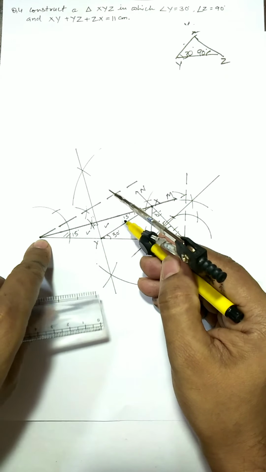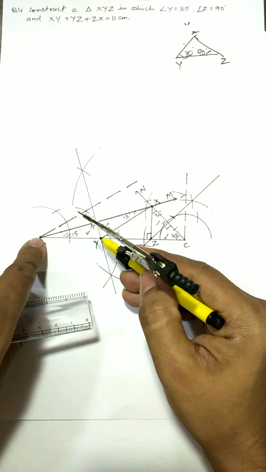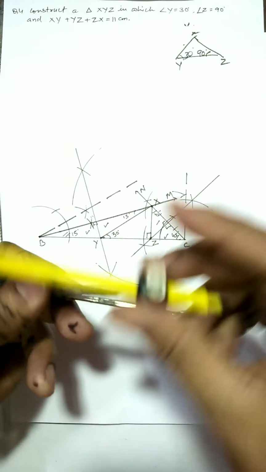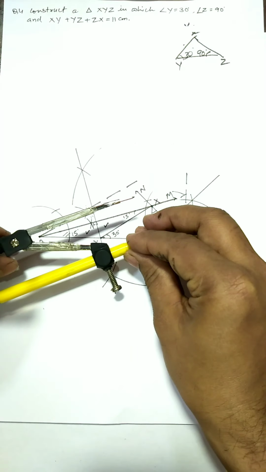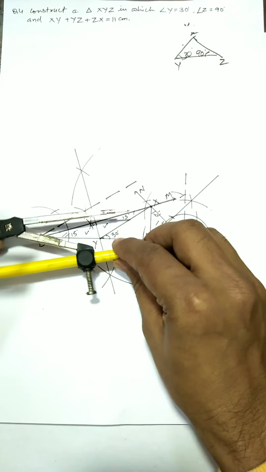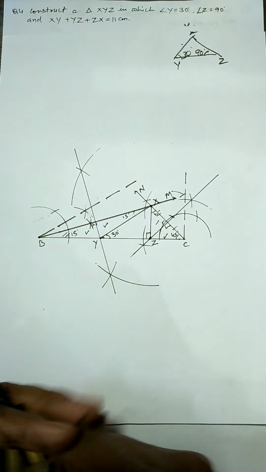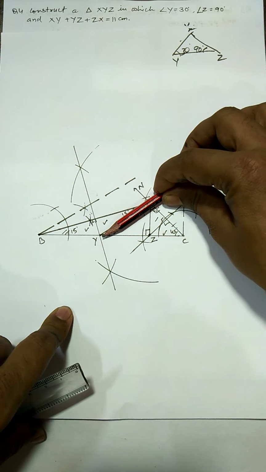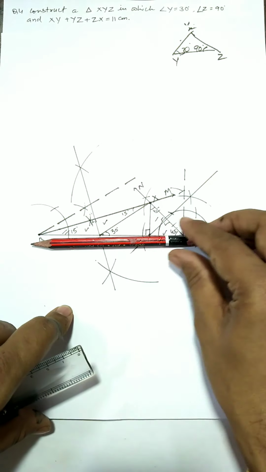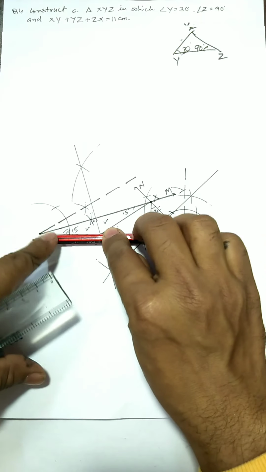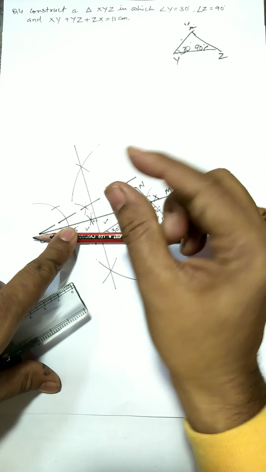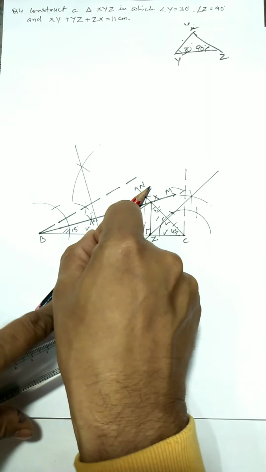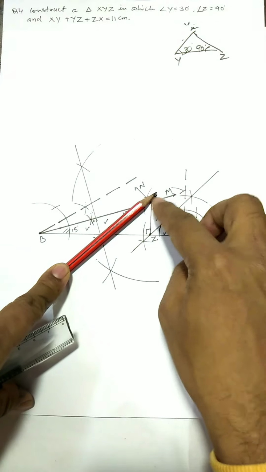So this BY was taken in the beginning at this point. So you move it like this, this is your B and BC. If you fold it, it will come on this. I'm taking the help of this pencil. This length and this length are equal. So initially it was like this. If I fold it from this point, then after folding it will be reaching somewhere at this point X.